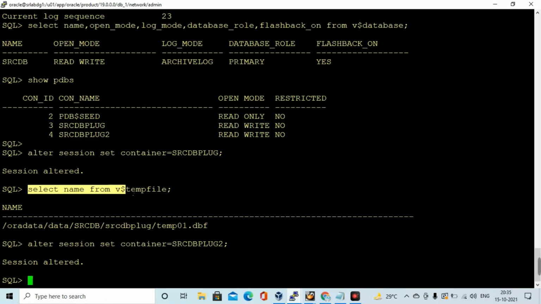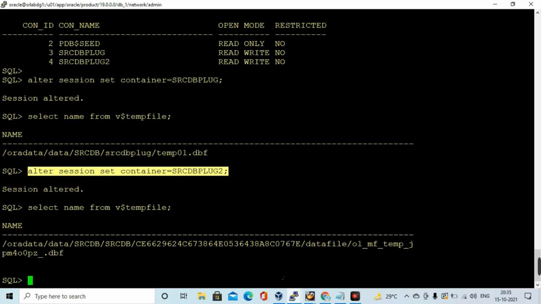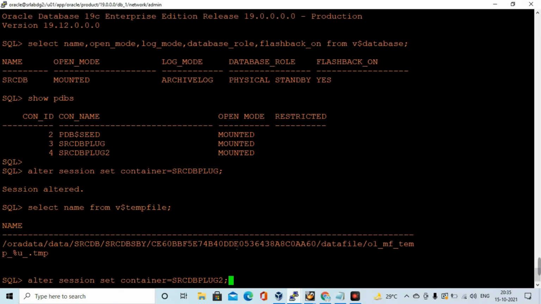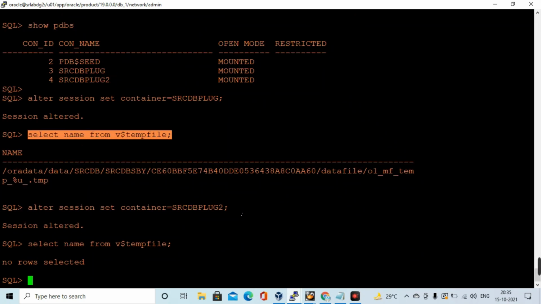It is there. So whenever we create the PDB, it creates the temp file on the source side, I mean primary. You can check the target side, I mean standby side, there won't be any temp file available. So you have to create it manually.